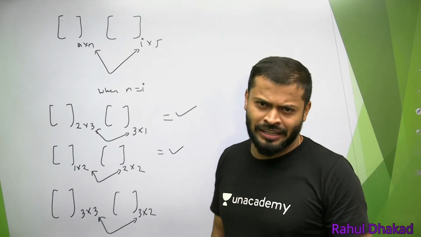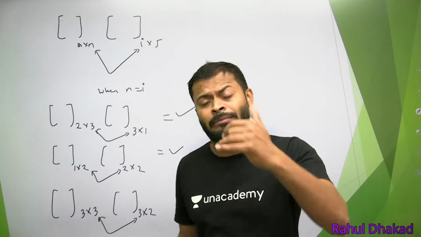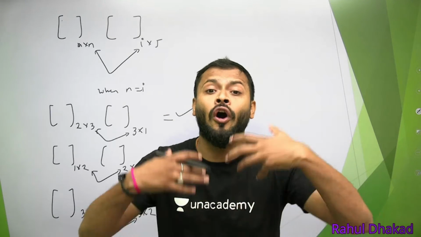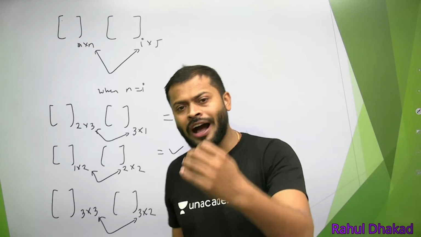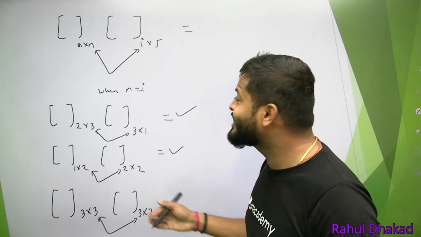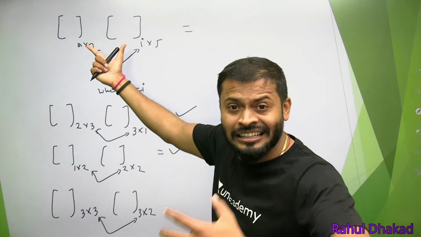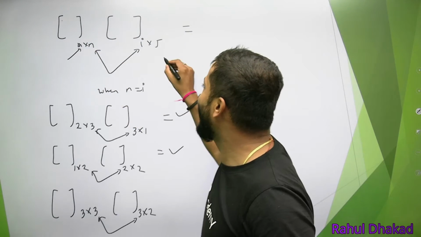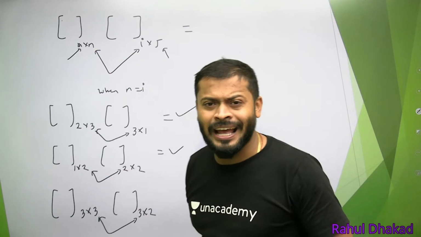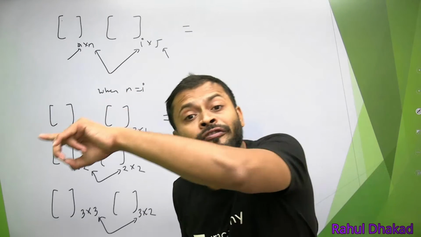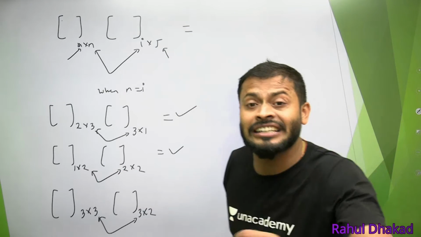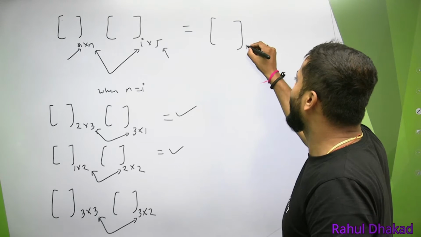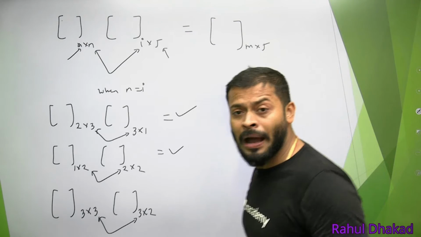But now, the next question is, okay, we got that multiplication is possible in all these three cases. But what is the result? And what will be the order of the resultant matrix? So the answer is that if eligibility is checked by these two elements, then the resulting matrix order is checked by these two, this one and this one. What is m? m is the number of rows of the first matrix. And what is j? j is the number of columns in the second matrix. It means the order of the resultant matrix will be m cross j. I hope my point is clear.